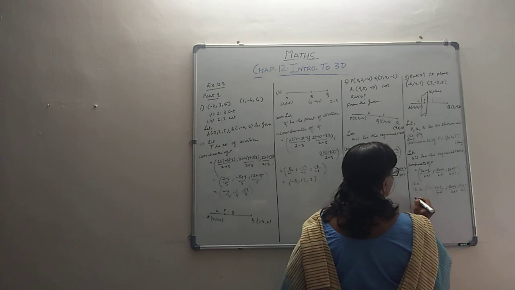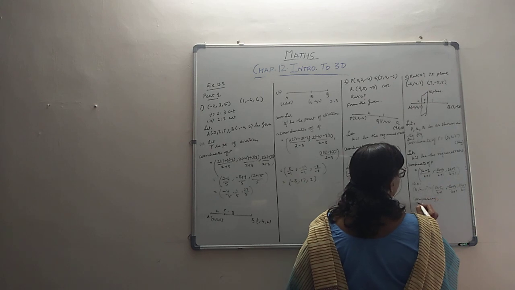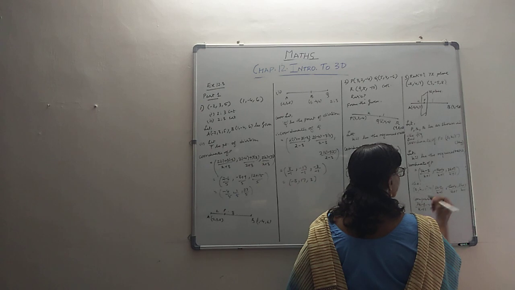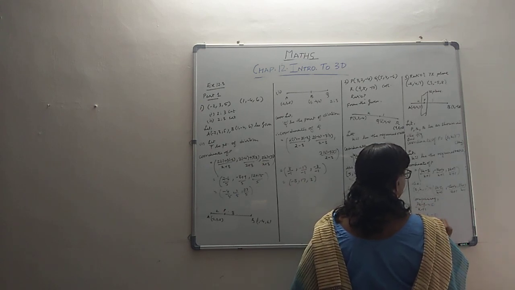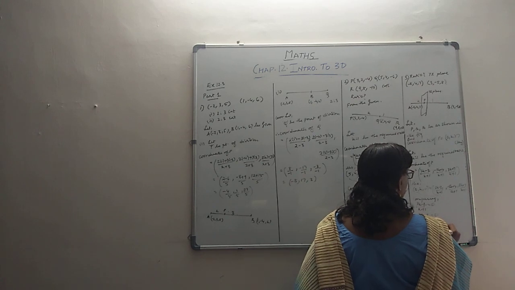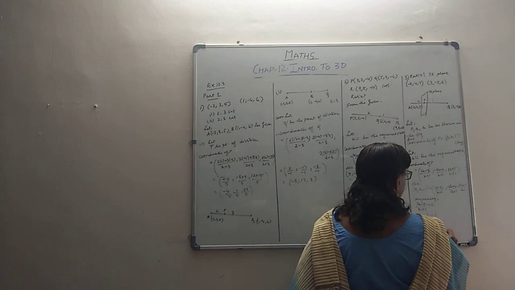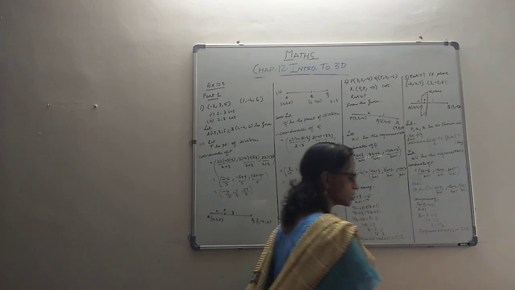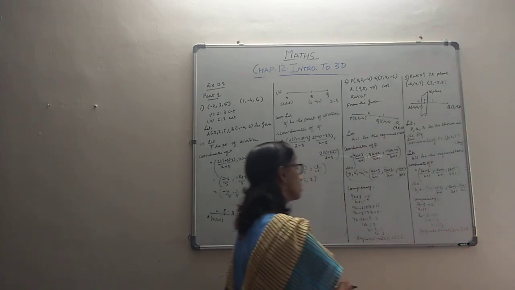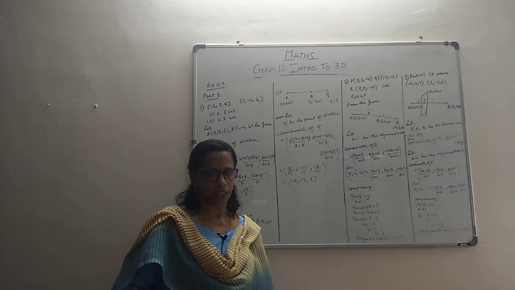So comparing, (3k minus 2) by (k plus 1) is 0. This will go there, it will get dumped, and you will get 3k minus 2 equal to 0. 3k becoming 2 and k becoming 2 by 3, and that itself is the ratio. So the required ratio is 2:3. Yeah, so that's our problem number 3. And then there are 2 more problems in the exercise that we'll meet in the next video. Thank you.